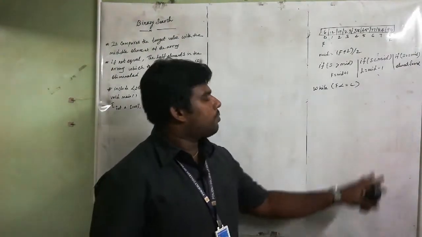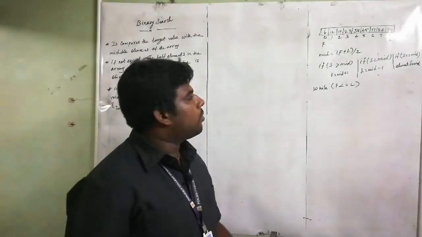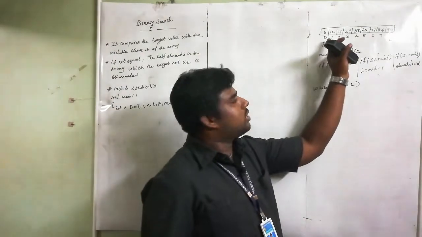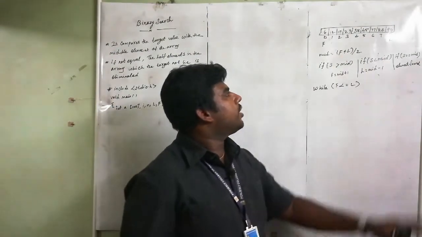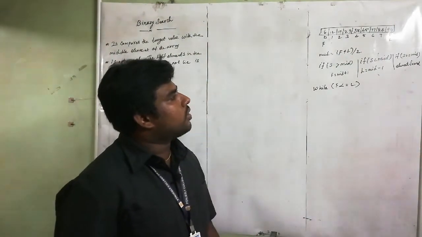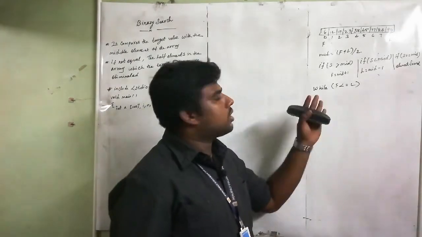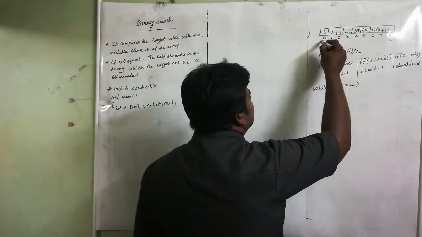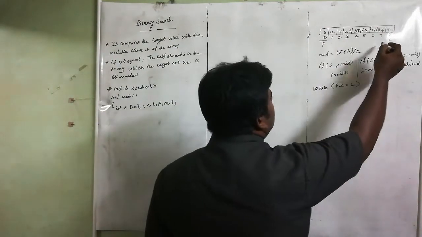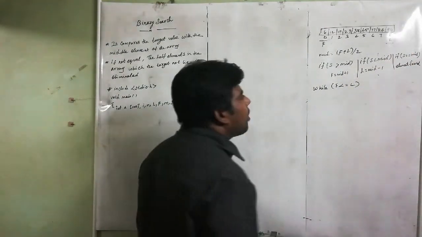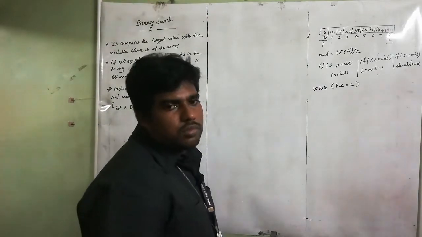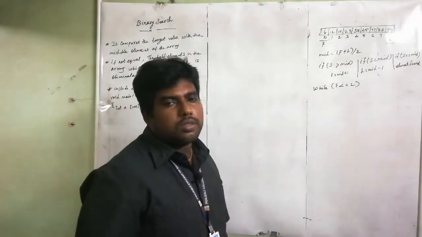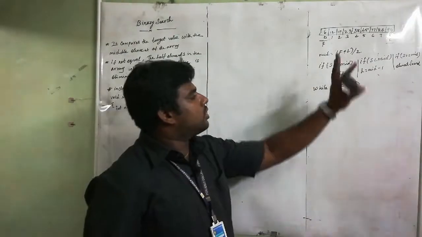So in binary search, there are a few important things you have to know before writing the program. Okay, consider this is the array: 6, 12, 17, 23, 38, 45, 77, 84, 90. The starting index is 0. I consider the starting index as first, and the last index as last. So this is the first, this is the last.